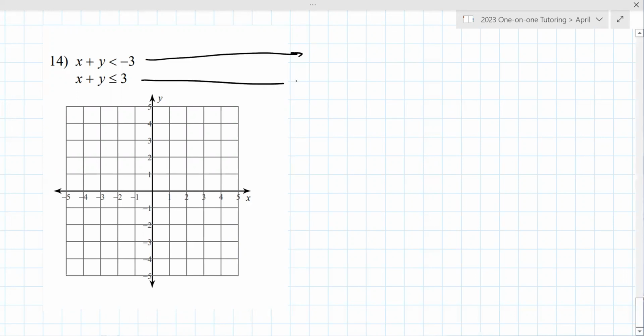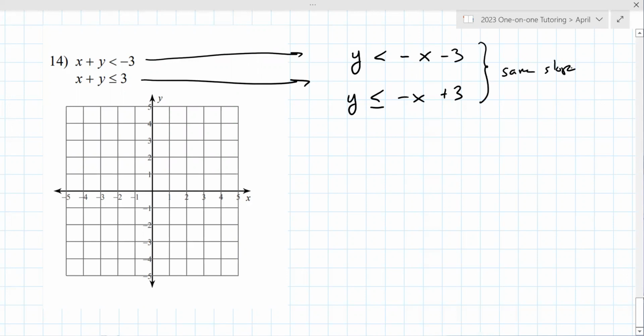Yeah, I haven't solved. Okay, my bad. Yeah, I didn't want you to. There's a reason I don't want you to do that. I want you to look ahead here. Hopefully, is this what you have? Okay. Do you notice that these have the same slope, but different b values? Yep. These are going to be parallel lines of some sort. Right. And I want you to see that in advance, because when you get parallel lines, here are the